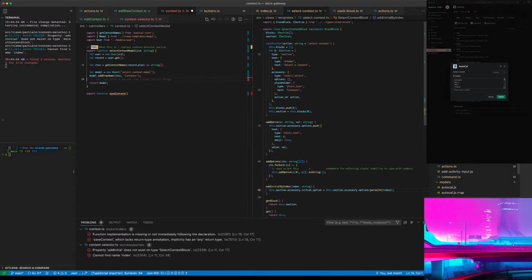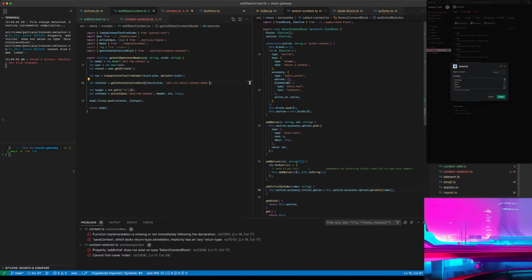So that should enable us to have this menu selected when we, and then we'll know which one to save it to after we pass it along. Okay, so get context selection block, and the selected is going to be